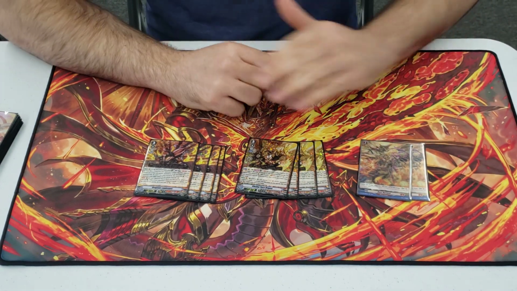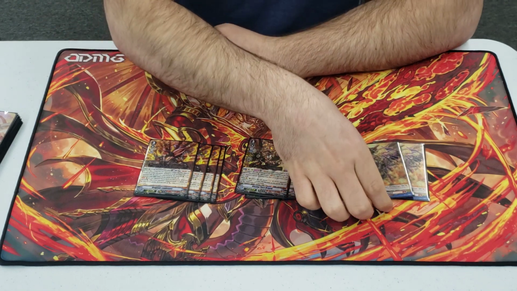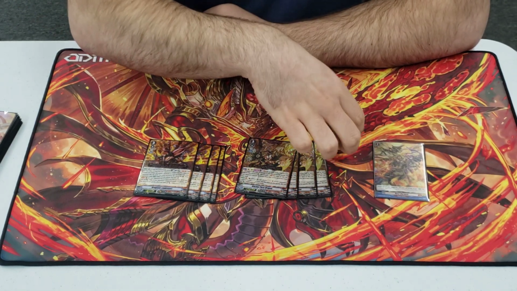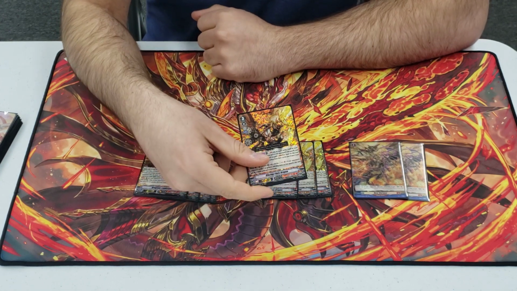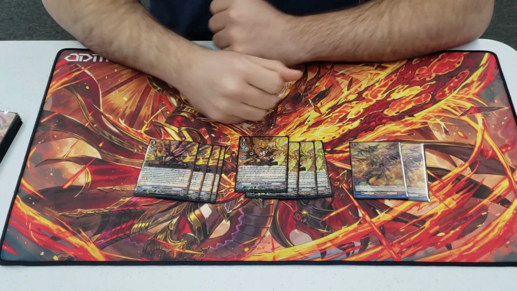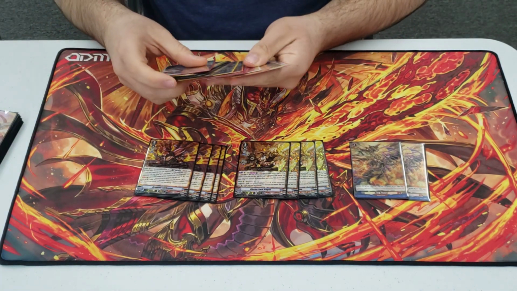The spice. Here's the spice. The spice right here, which can generate a lot of value against some decks, because it gives your Vanguard the ability to draw a card during the main phase when something's retired. Well, when you're spending soul, that's pretty easy, and very easily when you go into our strides, when you have